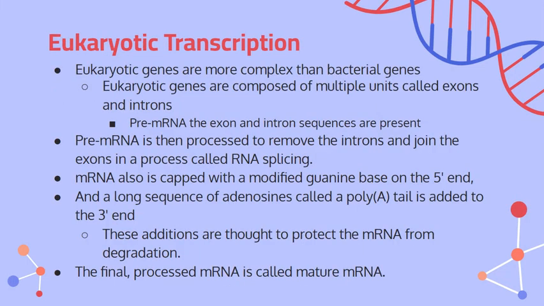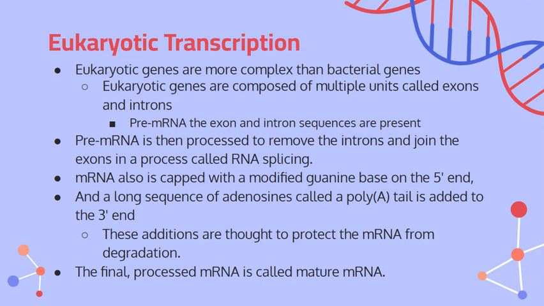So eukaryotic transcription is a little bit more complex than bacterial transcription. Eukaryotic genes are more complex. They have multiple units called exons and introns. So how I like to remember the difference between exons and introns: introns stay inside the nucleus and exons exit the nucleus. So in pre-mRNA, the exon and intron sequences are present, and that pre-mRNA is processed to remove the introns and join the exons together in a process called RNA